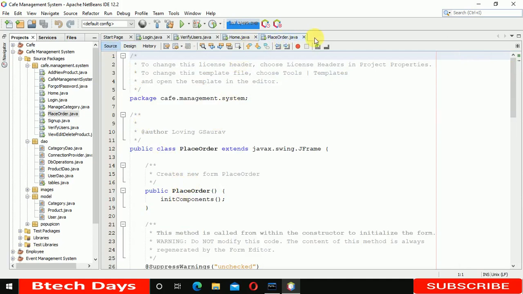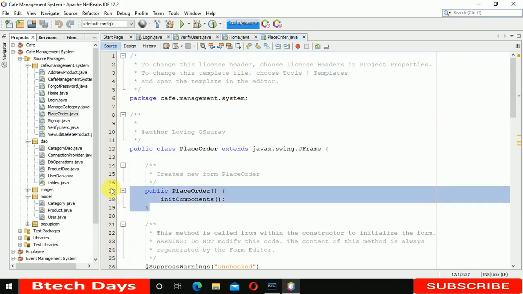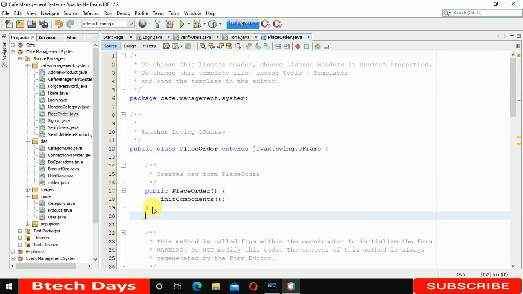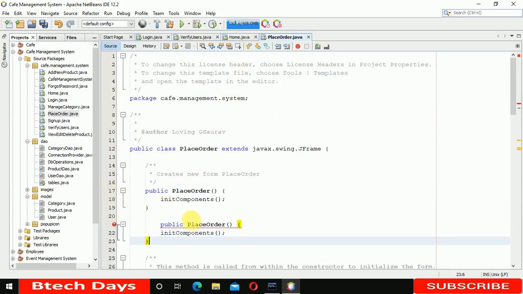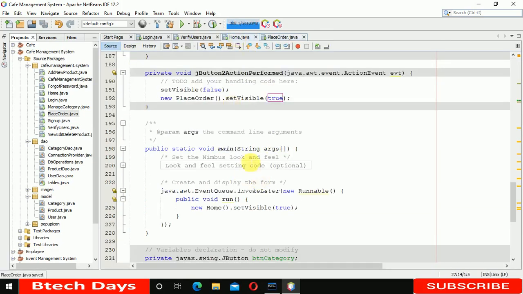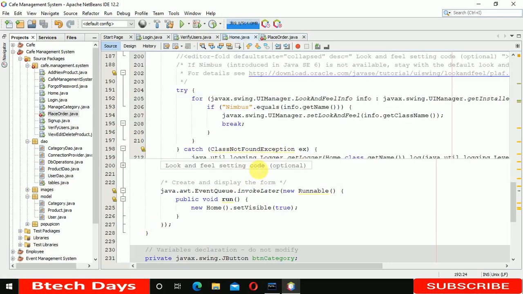So move to the place order page and just copy this line of the code again here, and just make it similar to the previous. And here what you need to write is string user email. Just write this. After that save this and again move to the home Java page, and here just pass the